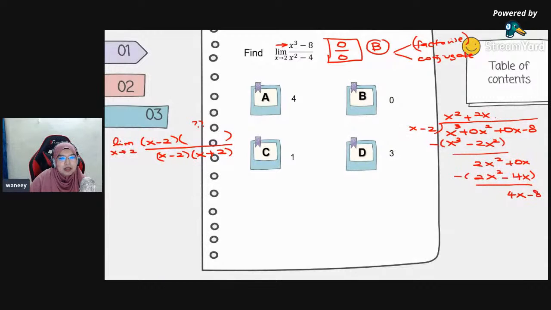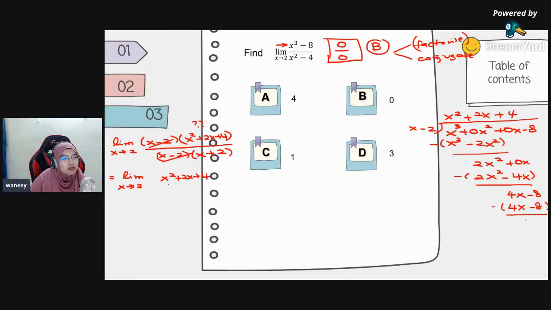So x darab dengan berapa nak dapat 4x? Obviously kena darab dengan 4 lah. Baru dapat 4x minus 8. Then minus 0. So dia sepatutnya kena dapat 0 lah sebab kita kata x minus 2 is a factor kan. So this is x squared plus 2x plus 4. And then easily cancel out x minus 2 and x minus 2. So this is the limit for x approaching 2 of x squared plus 2x plus with 4 over